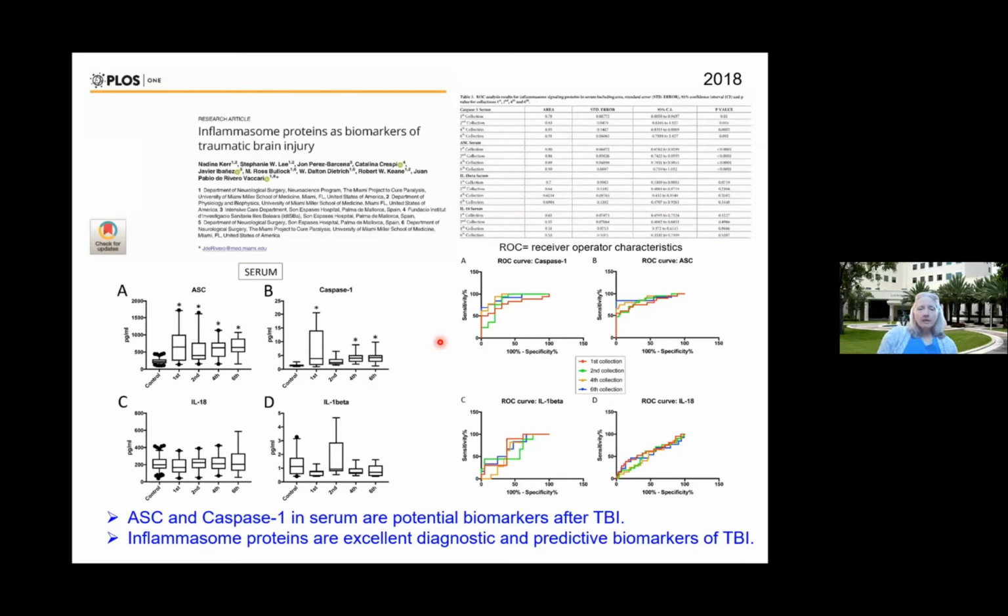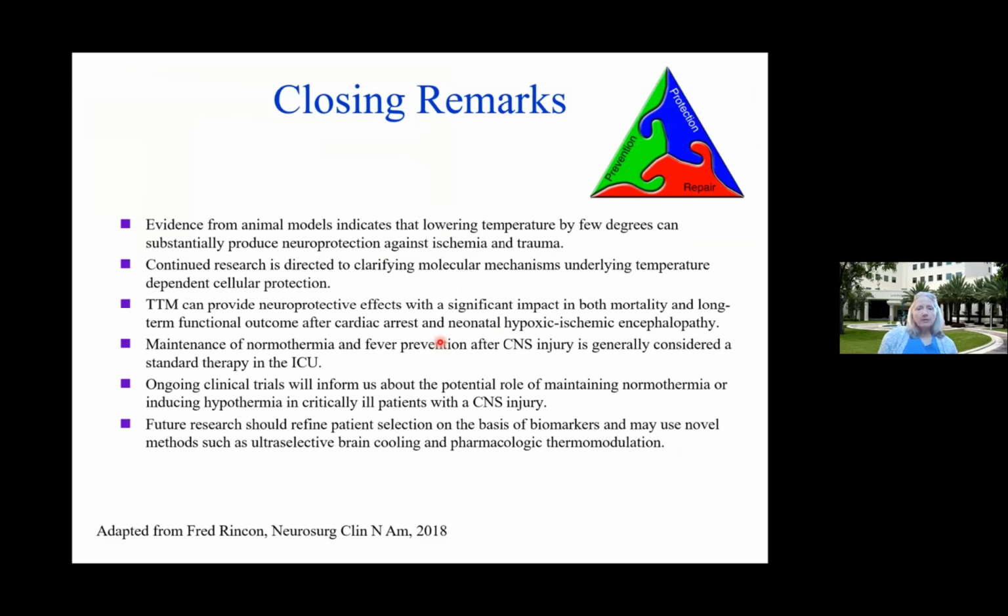So in closing, I just want to reiterate, this is a nice summary that Dr. Rincon published a couple of years ago. Basically, our evidence from our animal models, I know it's animal models, and they always work fairly well for the most part in terms of our temperature studies. But just by lowering the temperature for a few degrees, you don't have to go down to 30 degrees anymore in our animal studies. We go down to about 34, 35, which is a lot more clinically relevant. We actually wait 30 minutes before we do induce therapeutic hypothermia, and we're doing therapeutic hypothermia a lot longer now